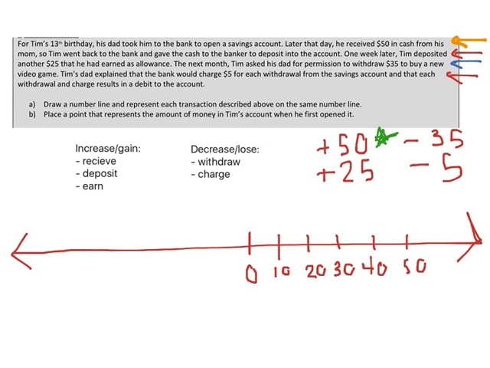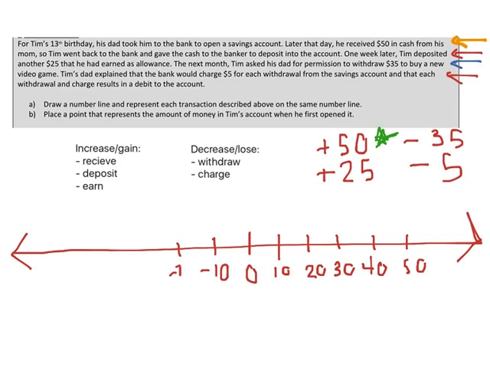And 50 is the biggest number that I have to plot in my list, so I don't have to go any further than 50. I can stop right there. I can't forget to write the hash marks on the left side of my 0, which we know from yesterday are negative numbers. So let's go ahead and write negative 10,